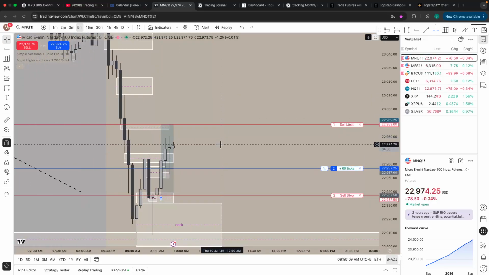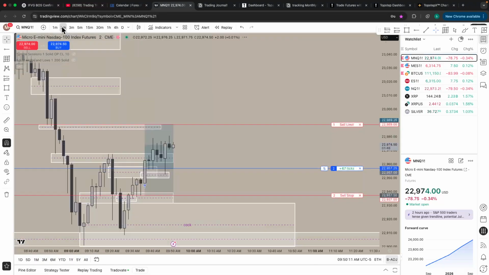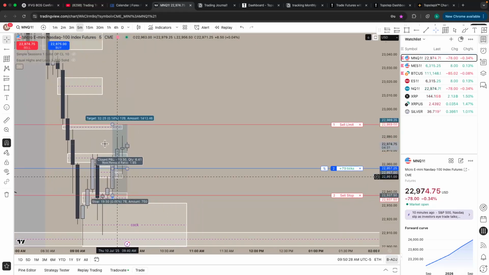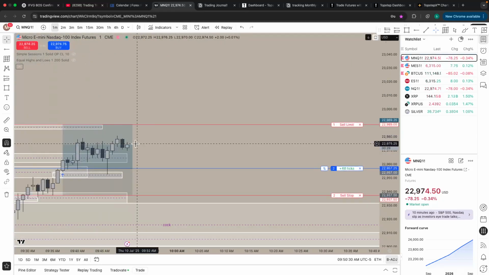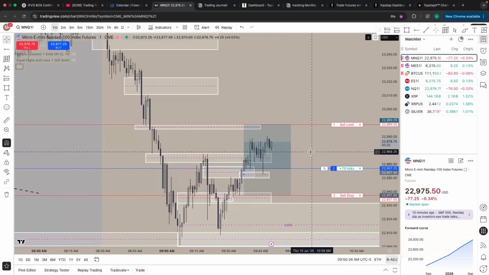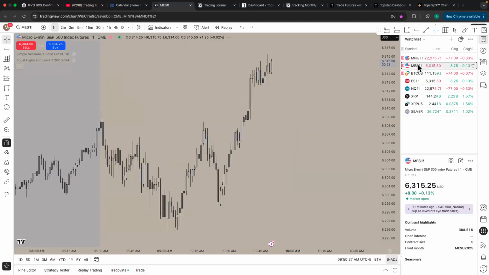Ideally, that's looking good. Do we have 2 minute gaps? We have a 2 minute gap here that we keep filling and respecting, and a gap here. There's this gap right here that we keep respecting. Have we inversed it yet? We just inversed it slightly. I think there's no reason we don't go for these highs. Seriously, the 5 minute gap, there's no reason we don't go to it and at least tap into it. Let's look at ES though.